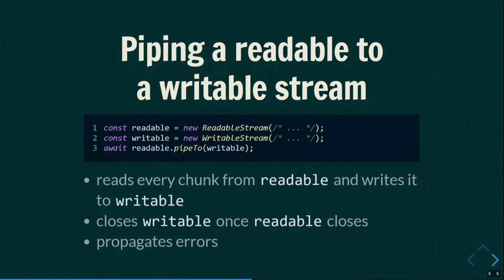Now, where things get interesting is if you start combining readable and writable streams. So a readable stream is something you can read from, a writable stream is something where you can write to, and a pipeTo is what takes everything coming off a readable and writes it to the writable. You don't have to write this loop every time yourself, you can just call .pipeTo to make that happen for you. This also propagates closing, so if the readable reaches end of stream, the writable closes and makes sure that the file is written in its entirety, and if either of the two encounters an error, the other gets the error too, so that they can all clean up properly.